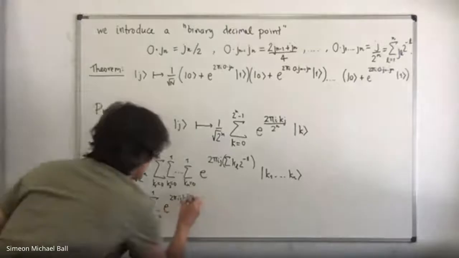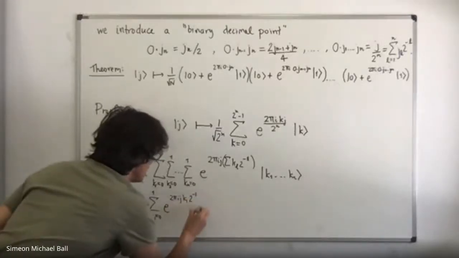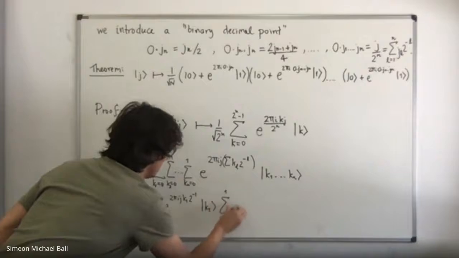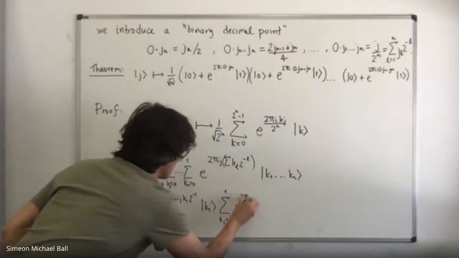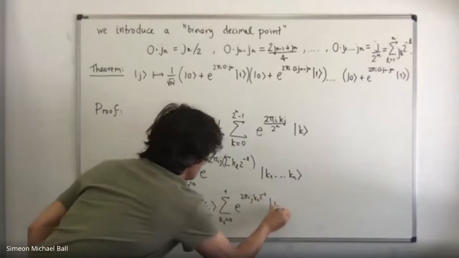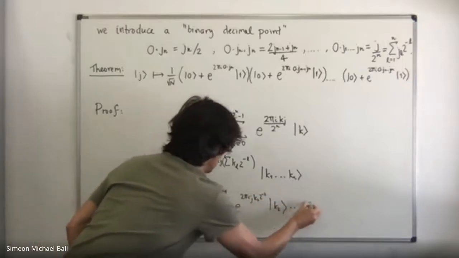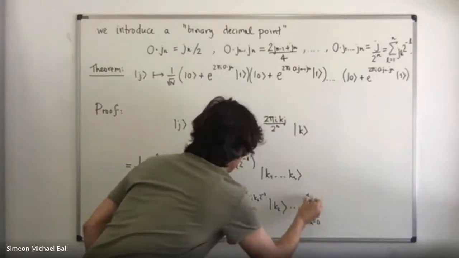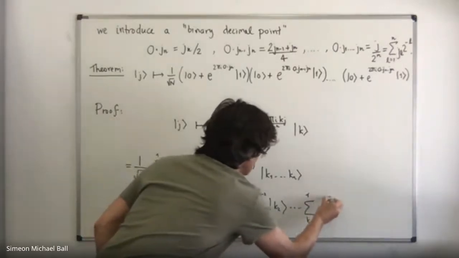Yeah, 2 to the minus 1 times k1. And now the sum over k2. And this is always k. We're almost there because